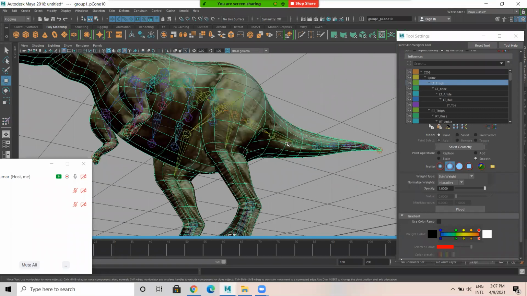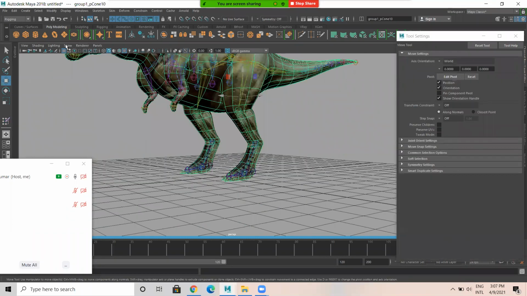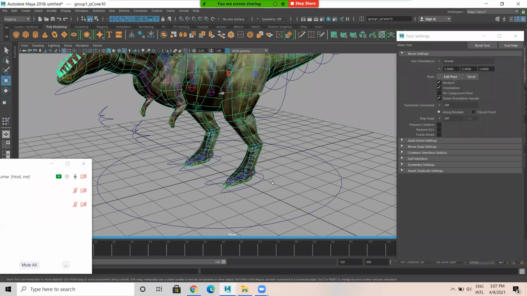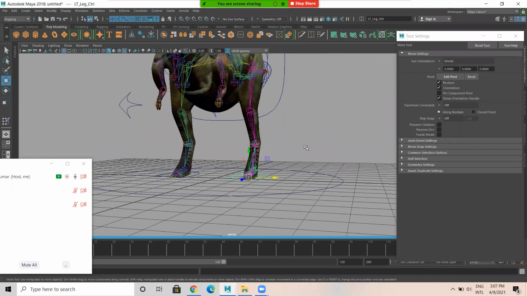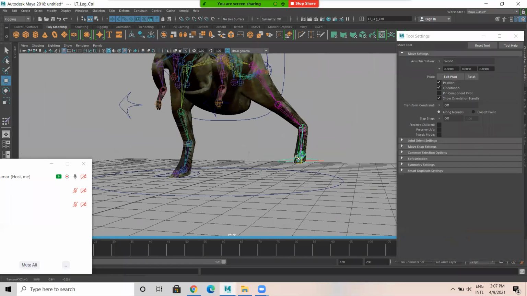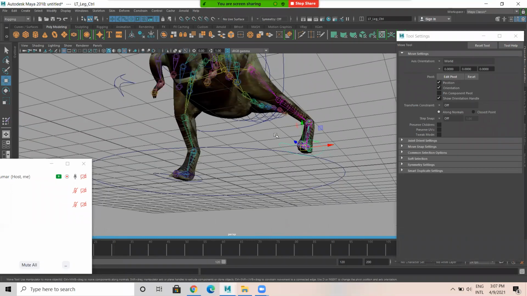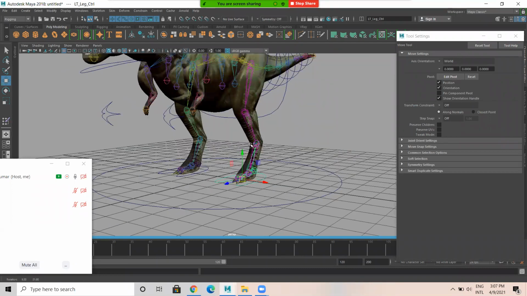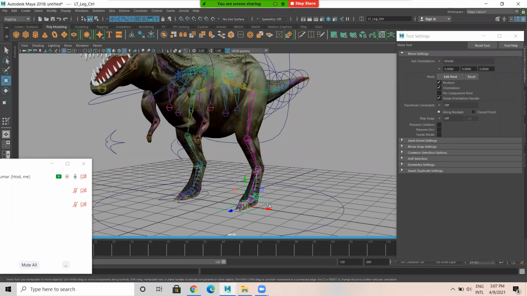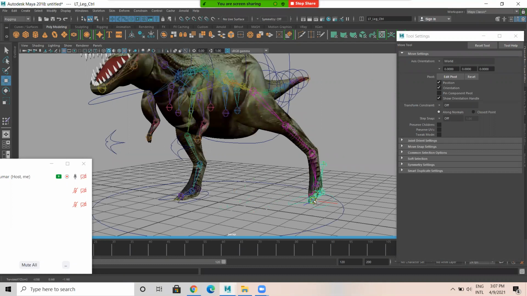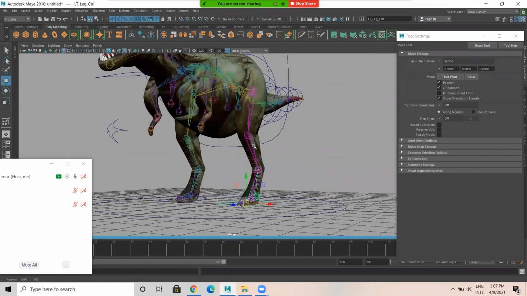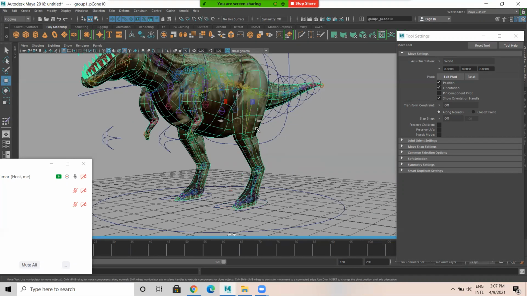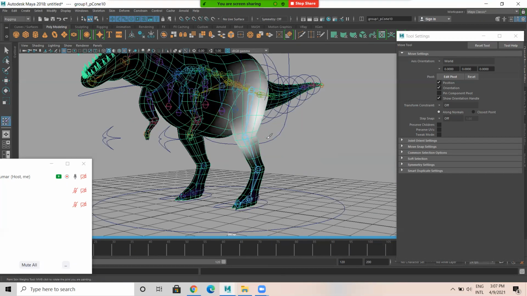Now I'll show you. I select the curve. When I lift this, okay, the left leg is moving. With the left thigh, this is the left thigh joint. When the left thigh joint is moving, still this is moving. That means there might be another joint which is affecting this. Let me go to paint skin weight.